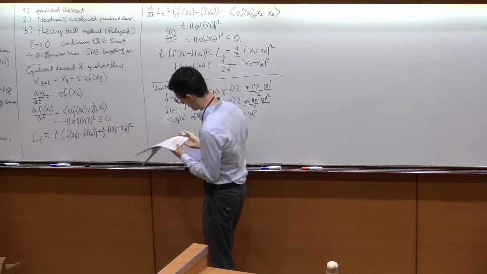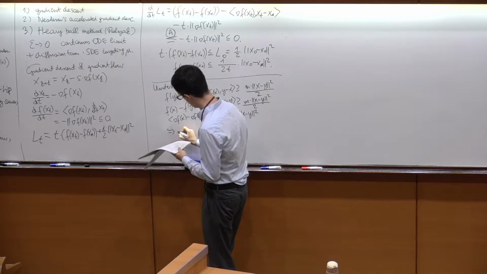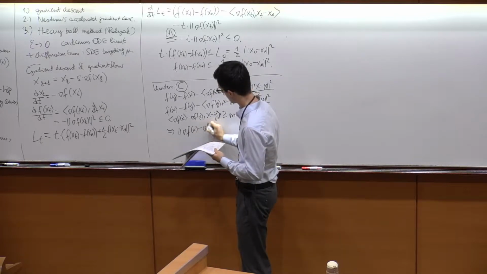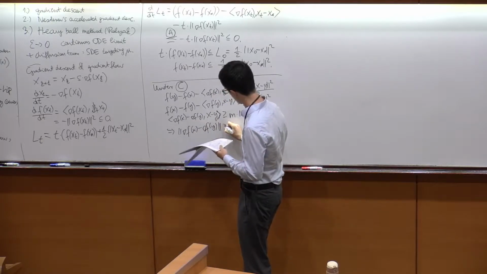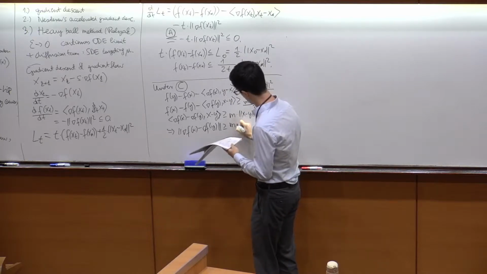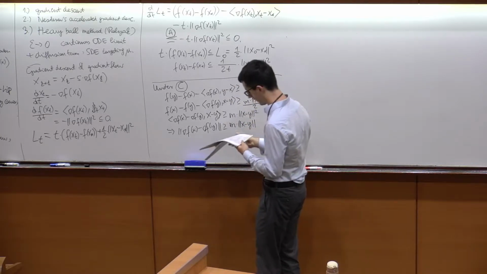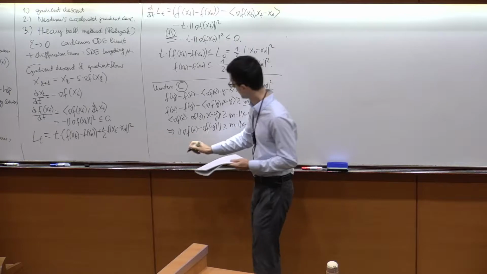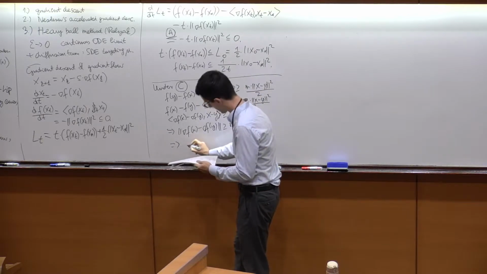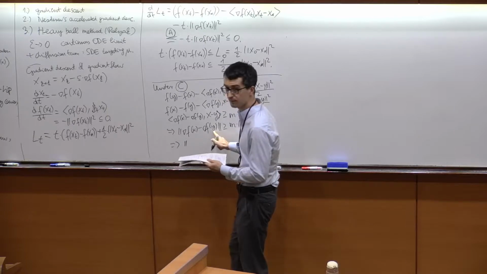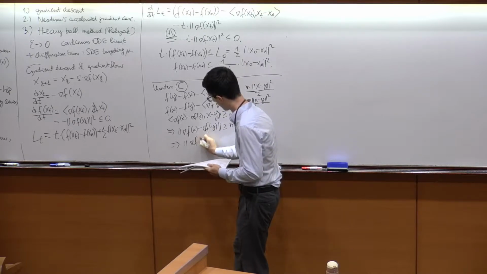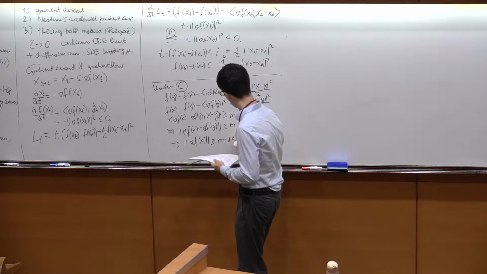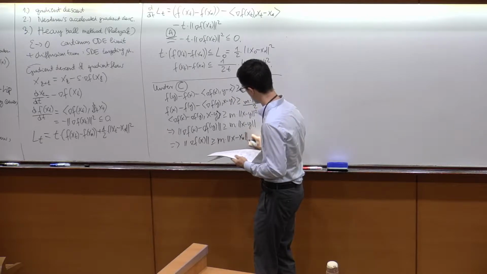And therefore, trivially, by the Cauchy-Schwarz inequality, the norm of ∇f(x) − ∇f(y) is greater than or equal to m times the norm of x − y. And in particular, you know that at the minimum, the gradient is 0. So this implies that if you choose y to be x star, then you get that the norm of ∇f(x) is greater than or equal to m times the norm of x − x star. Okay?